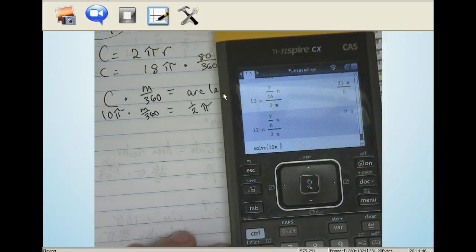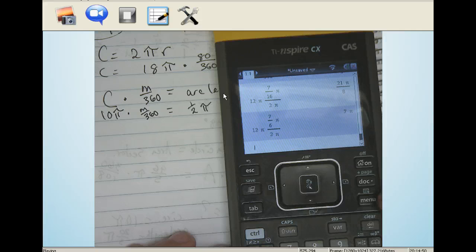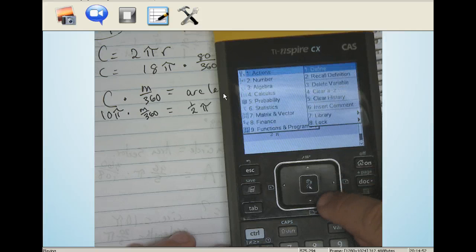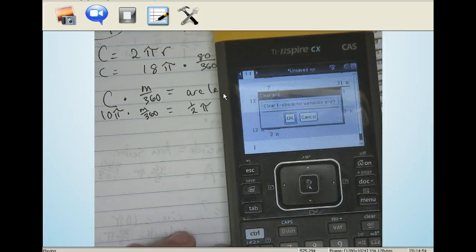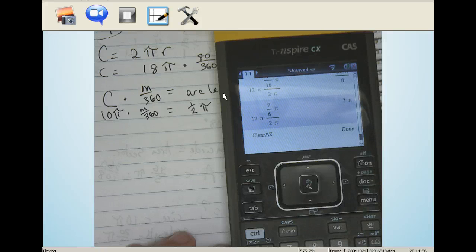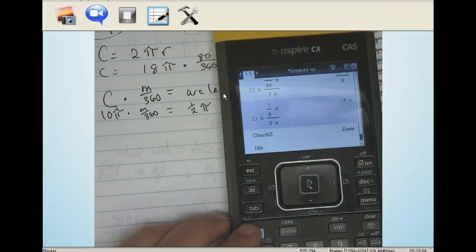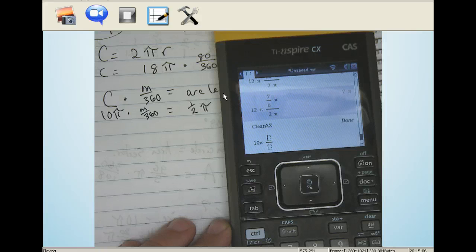Before I can do any of that, I've got to clear all my variables, clear A to Z, because I'm going to use m again. So here we go: 10 pi times m over 360